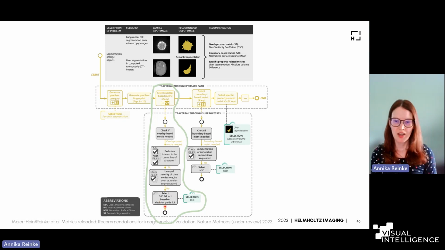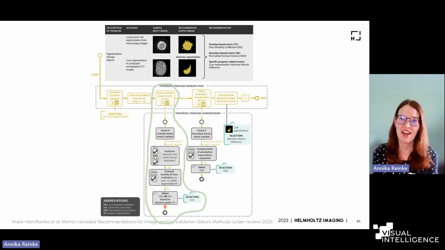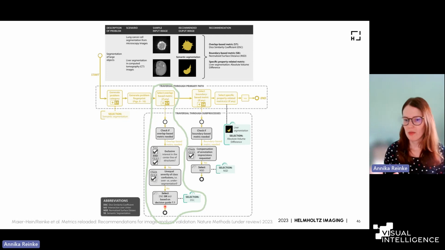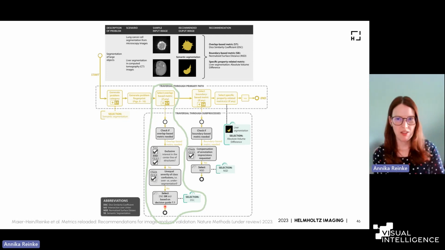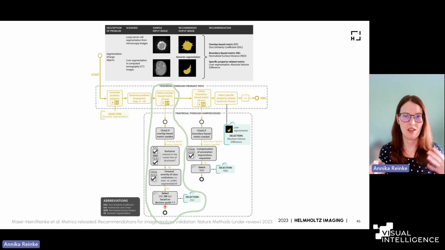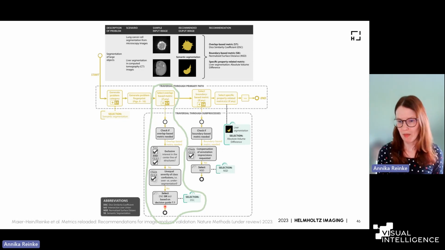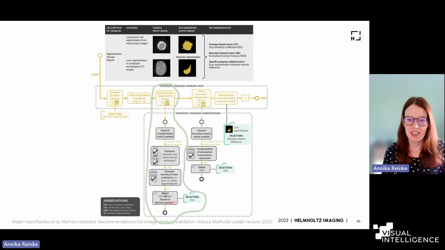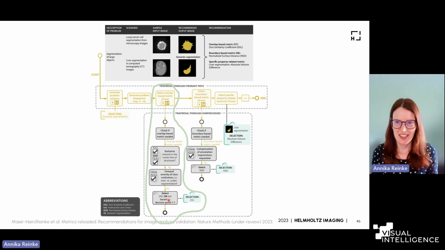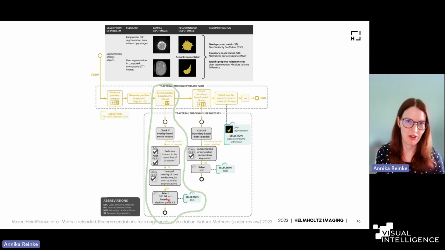And we introduced these decision guides because sometimes it's not so straightforward to give recommendations which metric to use in the end. And here we boiled down to 2 or maximum 3 metrics, where we have a comparison of pros and cons of these metrics so that the user can really see the trade-offs between using this or that metric and can decide for the very specific problem which is the best fitting metric. So in this case, the decision guide would basically say the metrics are really more or less the same. It's more a question of which community you're in. Medical uses more often DICE, so here we're selecting DICE.